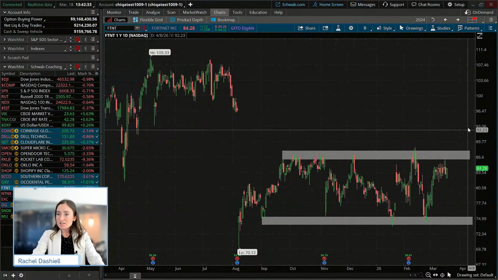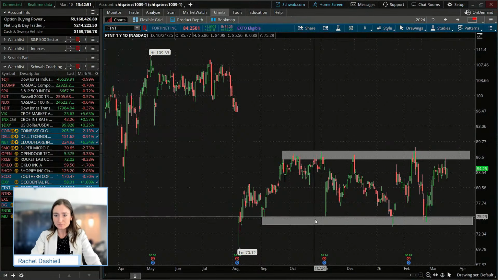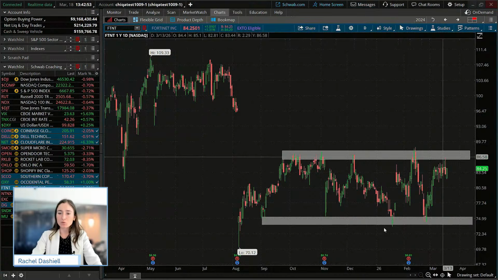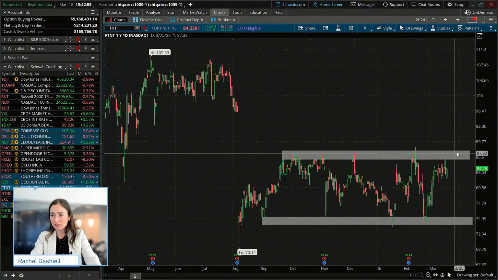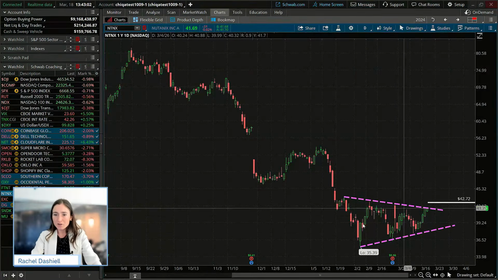Fortinet. We actually just saw from yesterday that price bounced from a level of resistance, and it's really been in this pretty tight range here for the last 6 or 7 months or so. So you can kind of see that one has been one for range traders, maybe selling around this level of resistance, buying at this level of support there. Another triangle pattern occurring at support. We are seeing this all over the board.